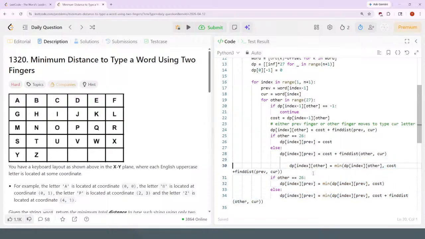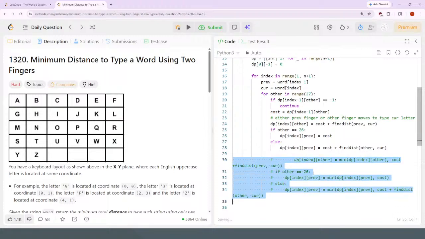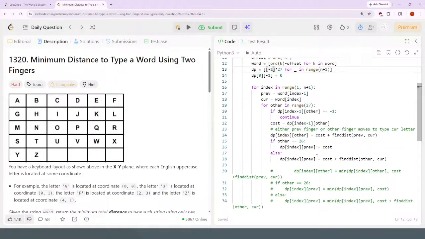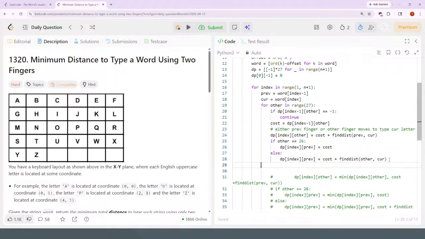Oof. Should I give spacing? Okay, maybe that's right. This should be -1. DP of index to previous is cost plus my distance. Okay, so